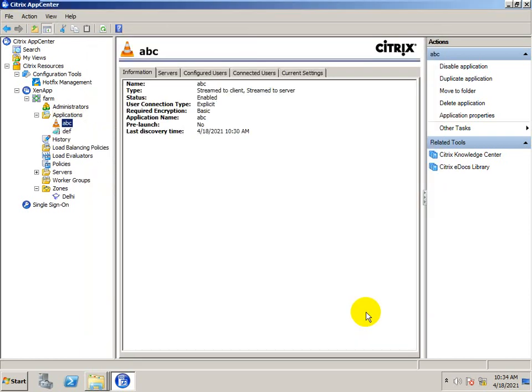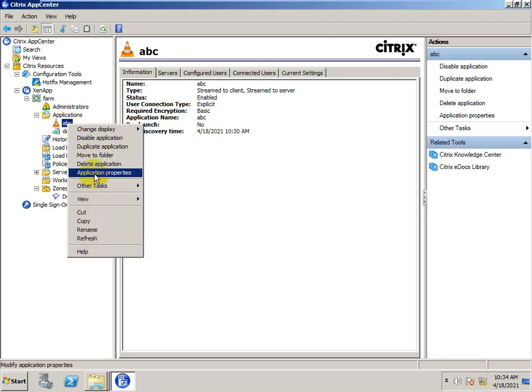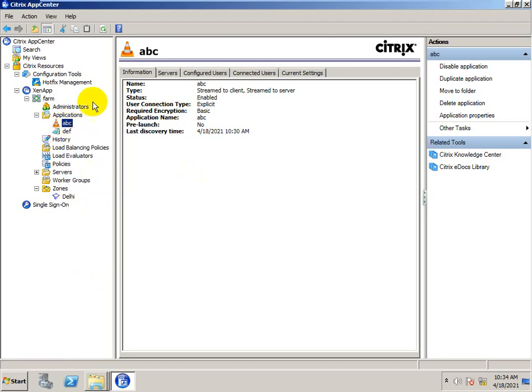After that, in case you get any issue with the application, you have the option to right click on the application and go to the application properties. You will get the list of the configuration you made for the application.